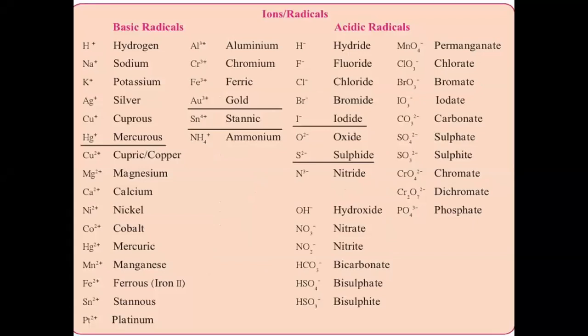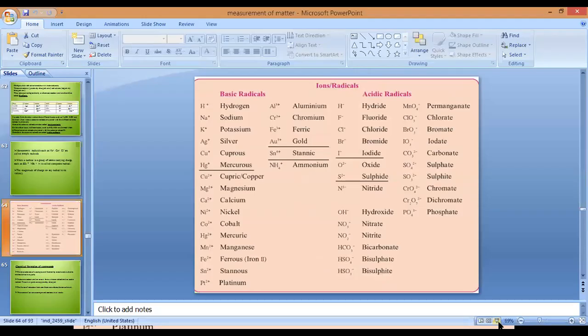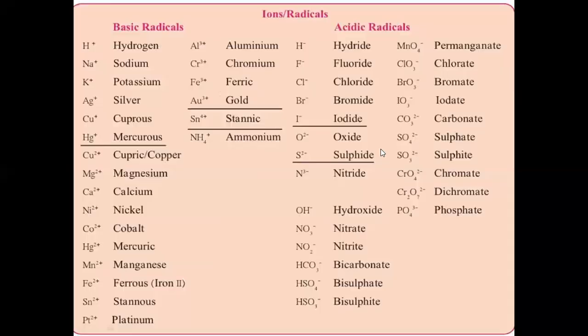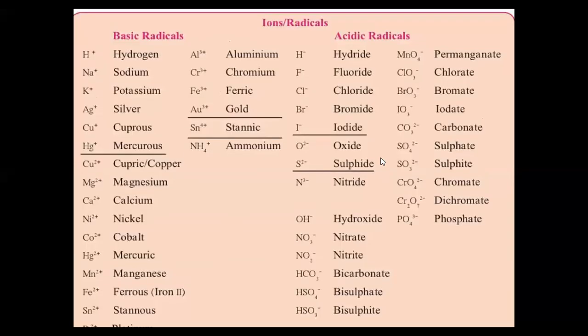Because students, this chart is very important as far as chemistry is concerned this year as well as next academic year as well. You need to do this. And as we have discussed, this chart is about ions and radicals. Let us quickly have a recap of what are ions and what are radicals. I'm pretty sure everybody knows, but just let me give you a small revision here. Is my voice cracking? I hope I am audible to everyone sitting out there. Loud and always loud.